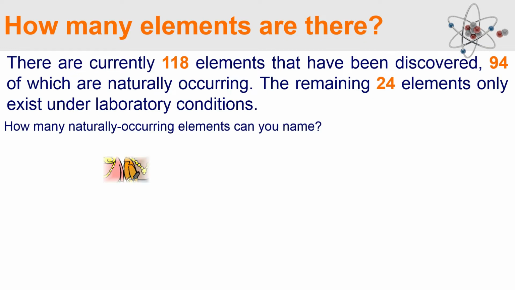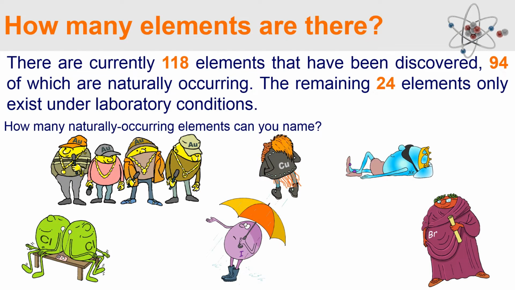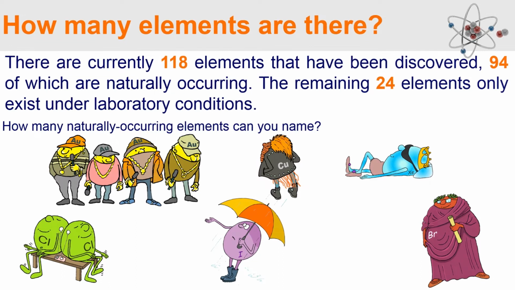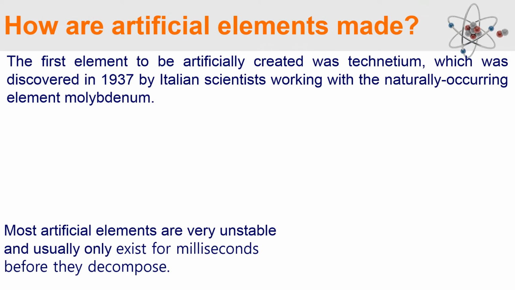Okay, so some examples of the naturally occurring elements are gold, copper, xenon, chlorine, iodine, and bromine. You should remember that most artificial elements are very unstable, meaning they usually only exist for milliseconds before